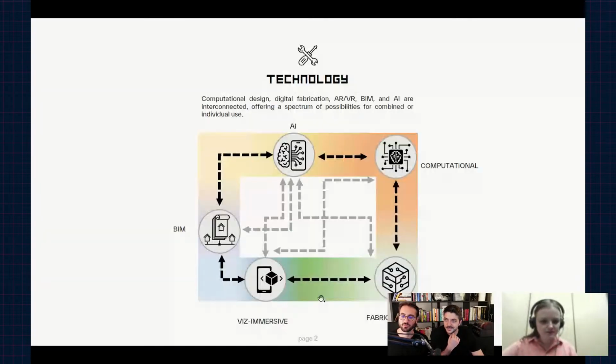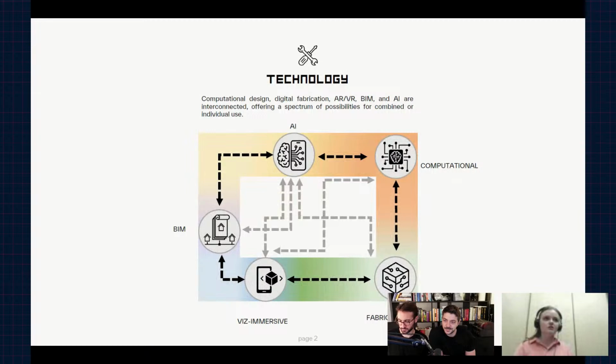So the first thing is technology. We have many technologies: computational design, digital fabrication, AR, BIM, AI, and more. I think what makes the difference is how we combine these technologies together to have something new in everything we do.